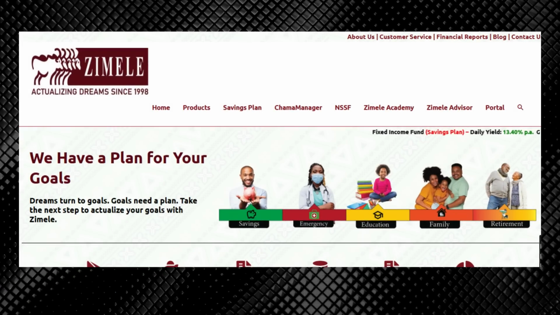Now that we understand why Zimele transitioned from a money market fund to a fixed income fund, let us find out who is the fund manager of this fund, how long they have been in the market, in short, the experience, and most importantly, how long the fund itself has been in the market, okay? We're also going to look at the current interest rate and see whether it's safe to invest in this fund, all right? So the fund manager for Zimele Fixed Income Fund is Zimele Asset Managers. This fund manager has been in the market for a while, and they began operation in August 1998, and they are licensed and regulated by the Capital Market Authority and the Retirement Benefits Authority, because they offer pension products.